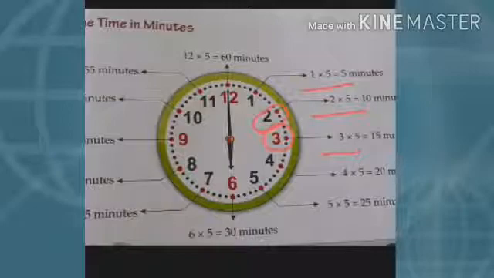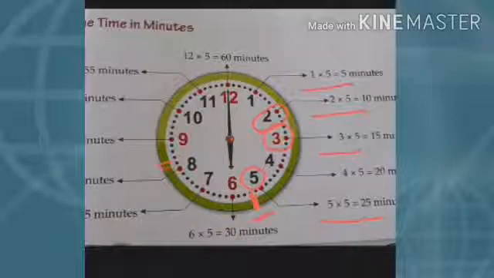Let us suppose it is there on this point, the second point. So what will be the timing in minutes? I am asking only about minutes. Later we will talk about hours. So we can see here it is written 5 and 5 5s are 25. And after 25 two more points are there. It means 26 and this one is 27. It means 27 minutes.